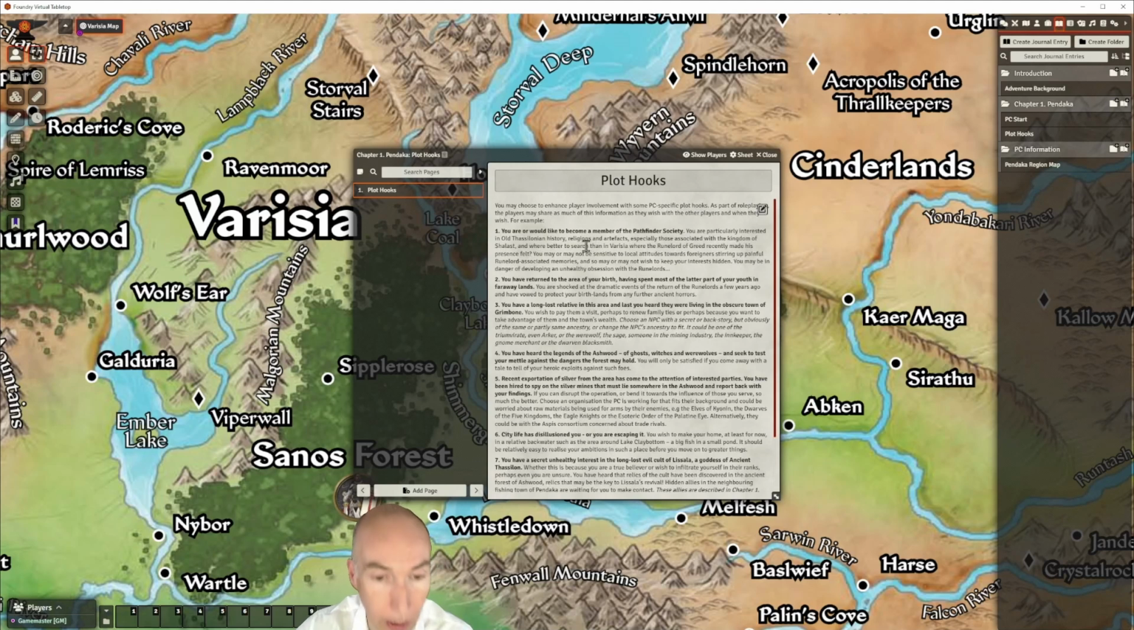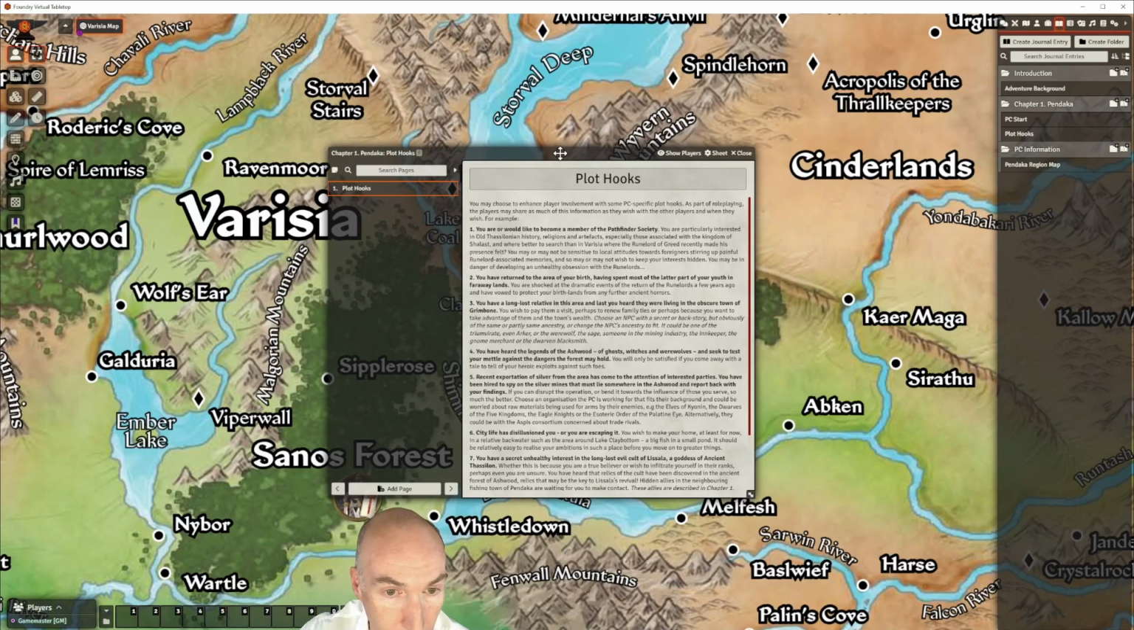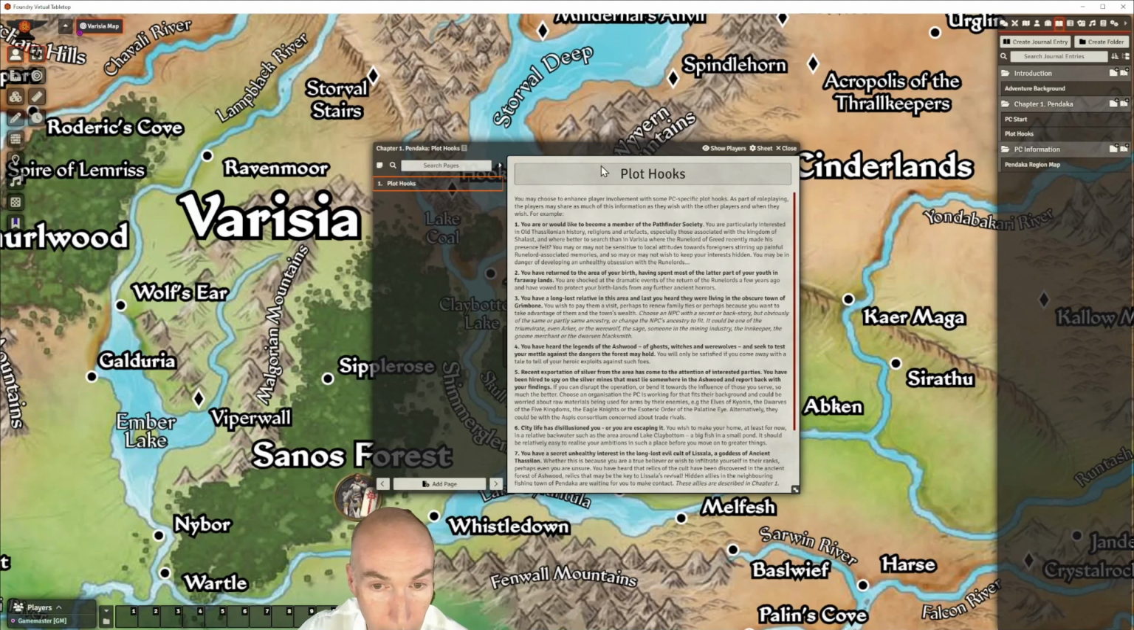So here I've written, you may choose to enhance player involvement with some PC-specific plot hooks. As part of role-playing, the players may share as much of this information as they wish with the other players, and when they wish. So examples include, first one,